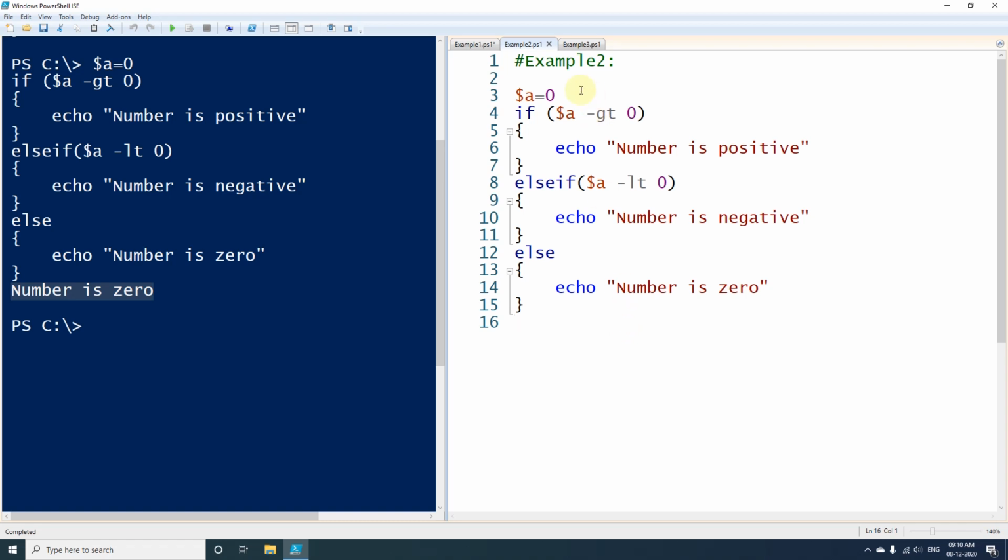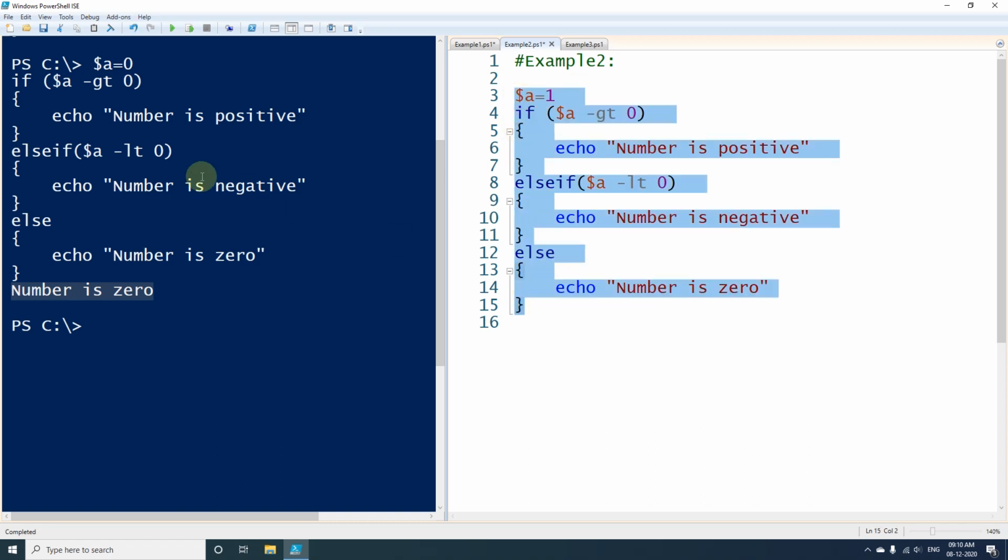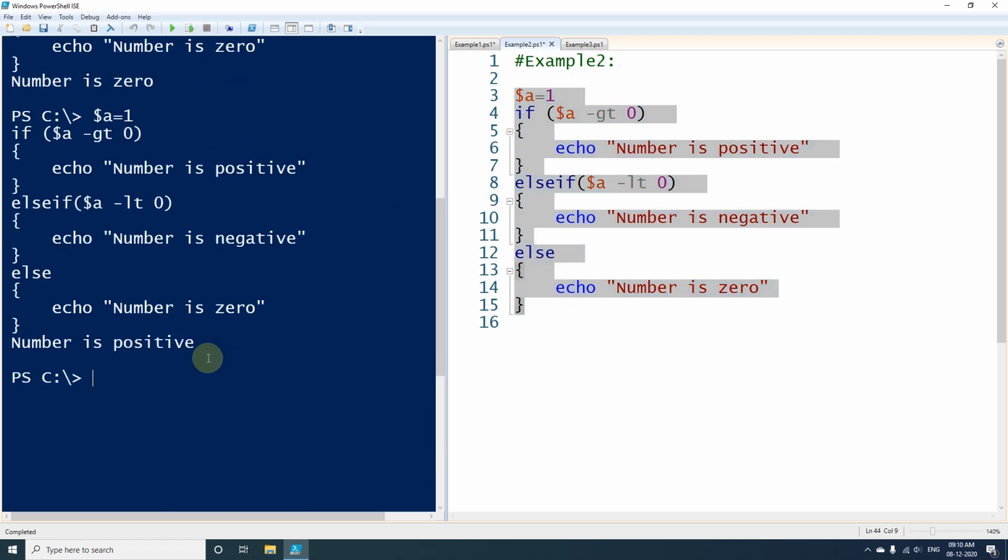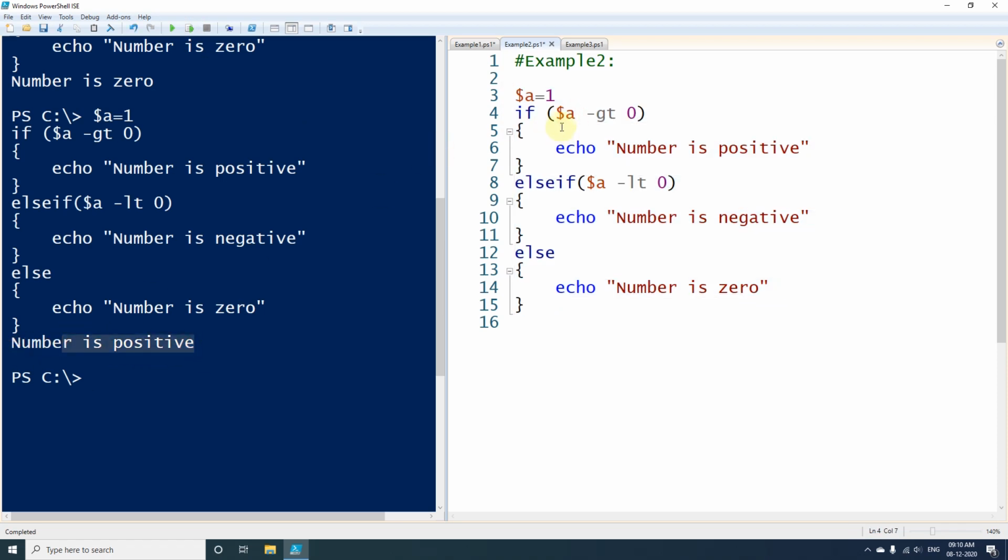In case I convert this into some positive number, for example 1, this time we will be getting a different output: number is positive. Here it is checking whether $a is greater than 0. So 1 is greater than 0, and that is the reason we are getting the output number is positive.